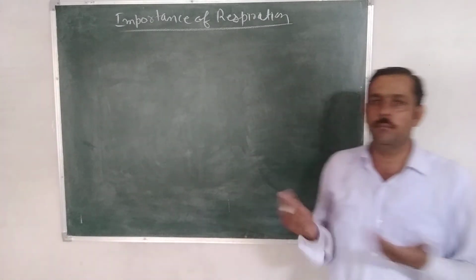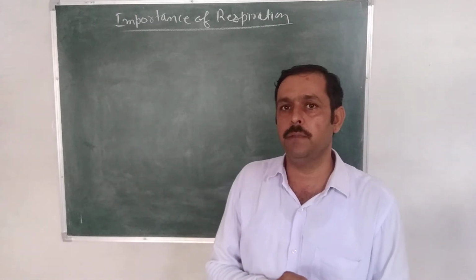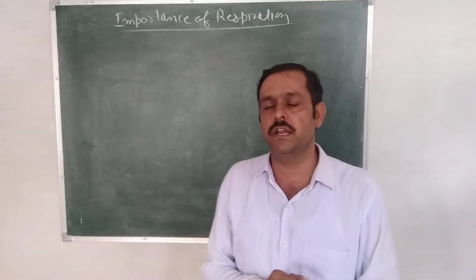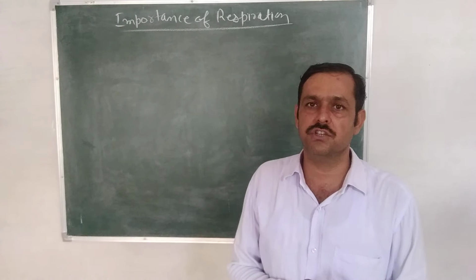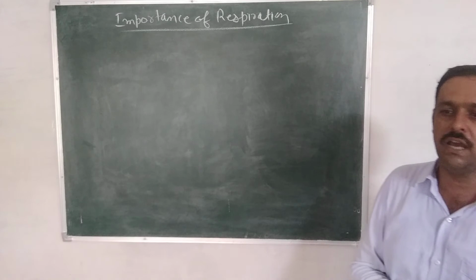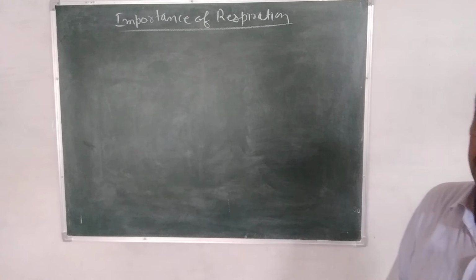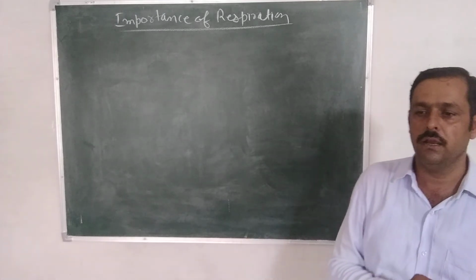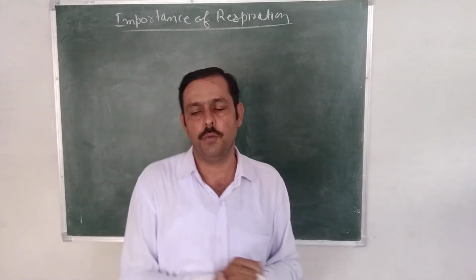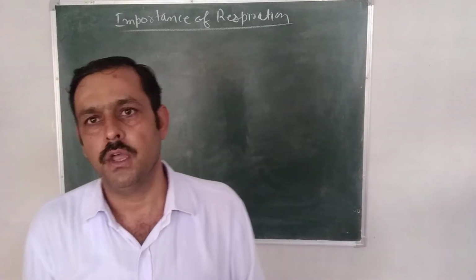Energy is released because, as we know, respiration is an amphibolic pathway: both catabolic and anabolic reactions occur. So respiration is called an amphibolic pathway. The importance of respiration is, first, energy released during respiration is used in different anabolic processes. Second, as a result of this reaction many intermediate chemical substances are formed which are necessary for the metabolism of a cell. Third, CO2 released in this reaction maintains the gaseous balance of the environment.